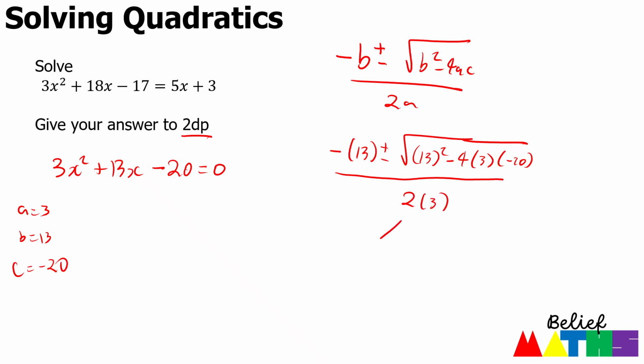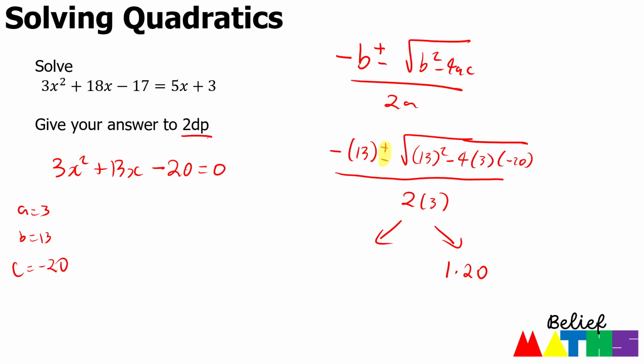And again, we're going to do this calculation twice, and the reason is because of this plus or minus. So we're going to do it once with a plus and once with a minus. A common mistake, or a common frustration, is that you need to remember to press your fraction button first, because if you don't, you can't put all the numerator onto the top of the fraction. You'll have to start again, which can be a little bit frustrating when you're tight on time in an exam situation. So the two values we end up with, to 2 decimal places, is